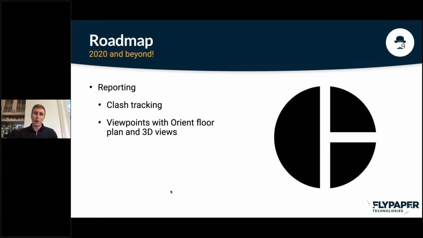So the second group of roadmap features that we have is reporting. We've heard from a lot of coordinators that they would like some way to track their progress throughout coordination. Some people use Excel, some people use various other applications for this. So we're in the process of developing a way for you to essentially snapshot your clashes at any point